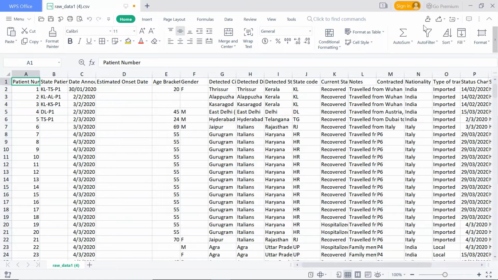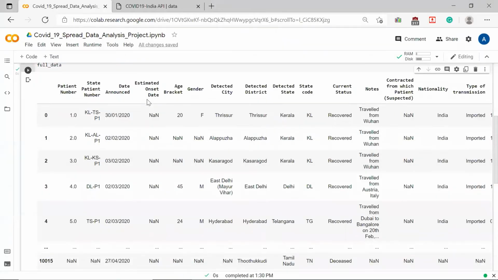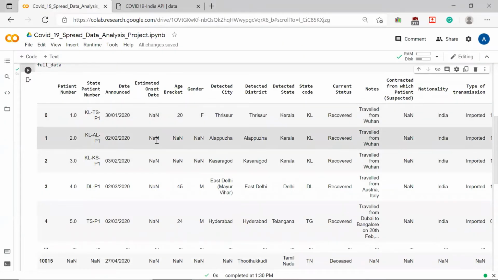When you read it as a data frame, you can check the estimated onset date column here. It is showing NaN, meaning the value is missing. Here also you can see not a number, because we don't have a value there.